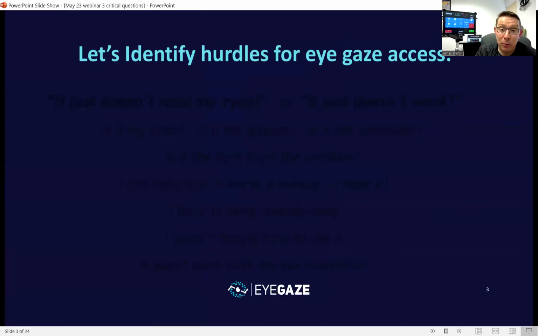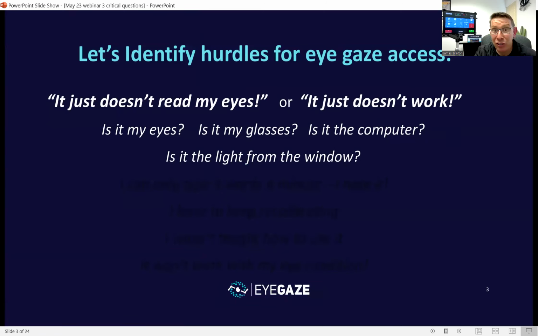So first, let's identify some hurdles for Eyegaze access. These are quotes that I have heard from families and AAC communicators over the years when it comes to Eyegaze as an access method not working for them as well as they want. Sometimes I'll go into their home or a clinic and say, tell me, what is it you've been using so far and how does it work for you? I've heard people say things like, it just doesn't read my eyes, or it just doesn't work. And they ask, is it my eyes? Is it my glasses? Maybe it's the computer or the eye tracker, or is it the light from the window